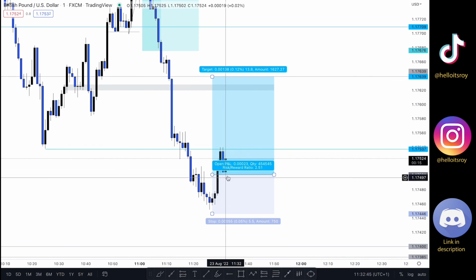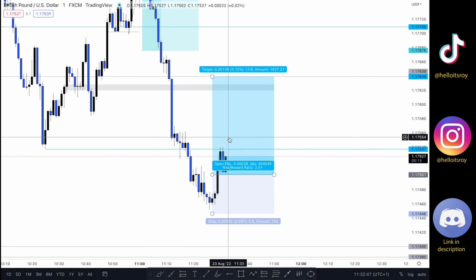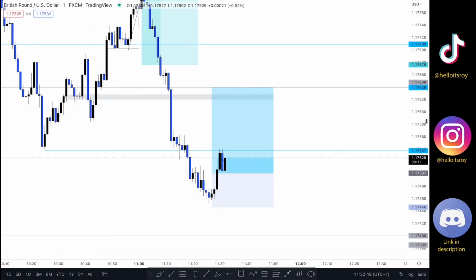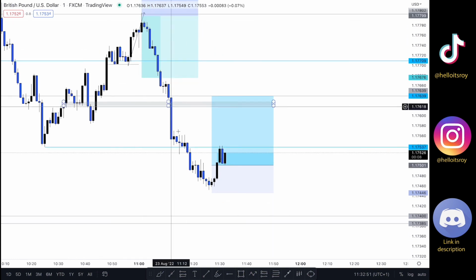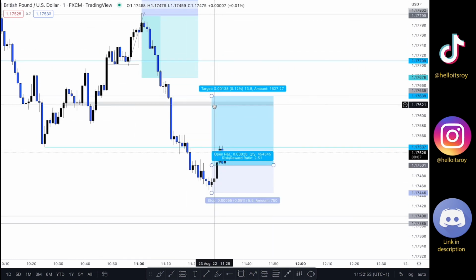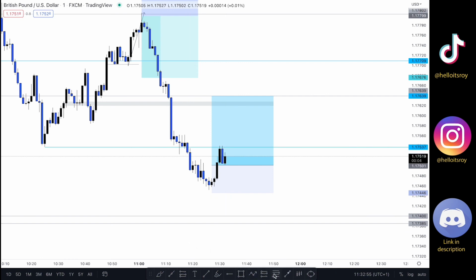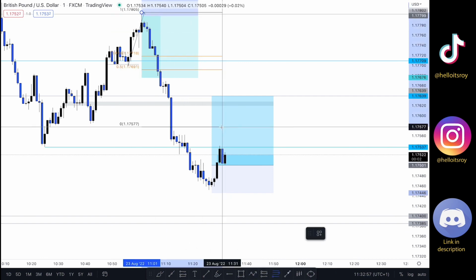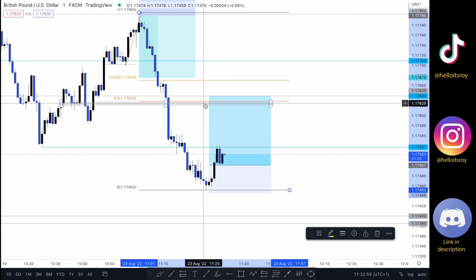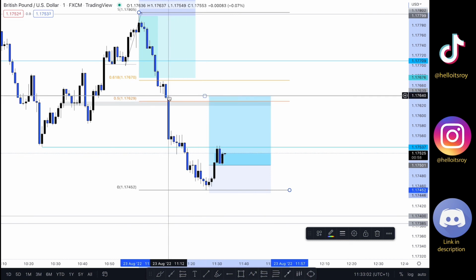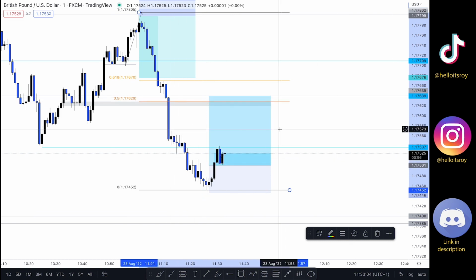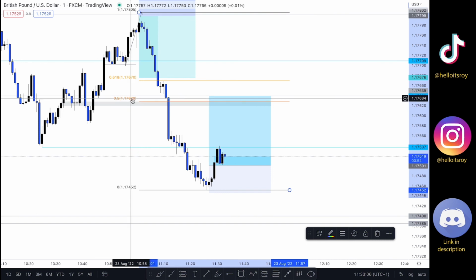so I was looking for an entry right here, and I just saw the momentum of the market push through to the upside, and I entered right here, and the market is pushing through to the upside right now. I'm targeting at least 50% of this move in case the market wants to retrace and then push down from there. So I'm targeting 50% of it. I decided to target the high of this candlestick right here. And let's see how this goes, guys.